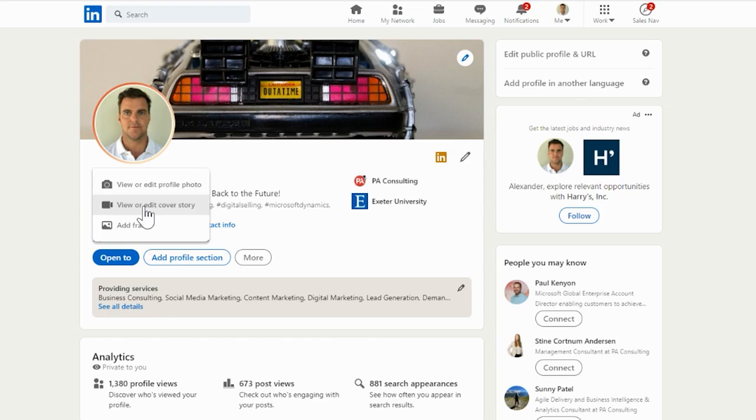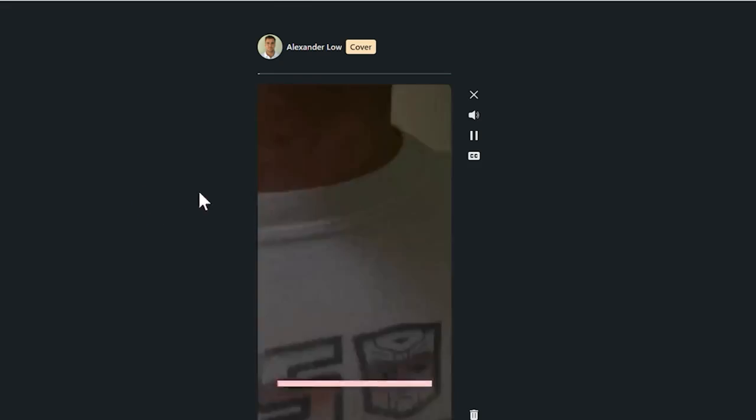So this actually enables you to create a 30-second intro video in portrait form, similar to Instagram Reels or TikTok or YouTube Shorts, if you're familiar with those formats, which then creates this halo around your profile. What then happens is that when somebody lands on your profile, the first 3 seconds of that video will play on mute and then encourage them to click on the video and learn more. So if I click on mine, view or edit cover story,